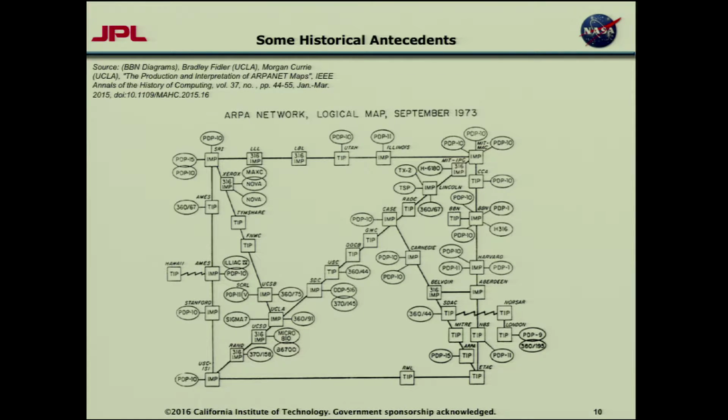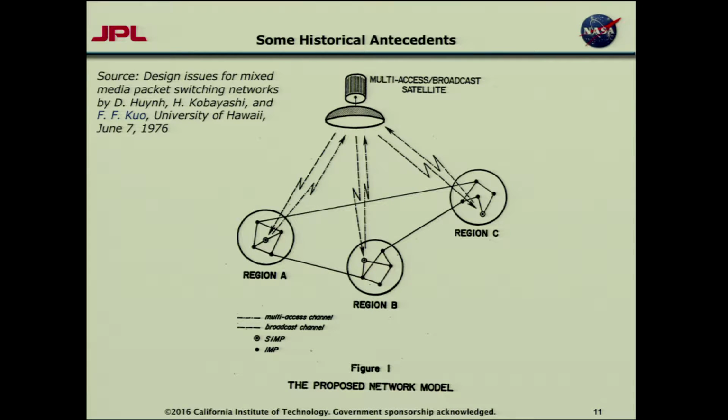The very interesting thing is, there's a book by Franklin Kuo, F.F. Kuo, where they basically discuss networks that are bridged using satellite links. And so they have this concept of a satellite interface message processor. So instead of your typical interface message processor, you now have a satellite that is now a message passing device. And so they demonstrated this, and he has an interesting book too that's also out of print, very hard to find, where he discusses their research on this, where they have a satellite link in various regions and nodes.